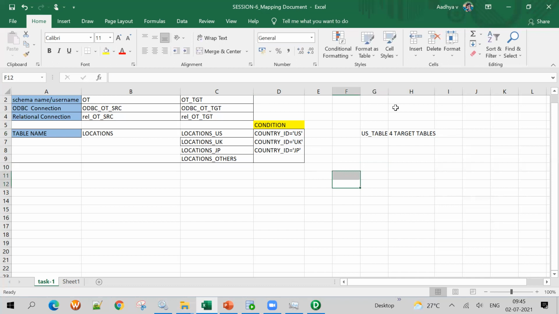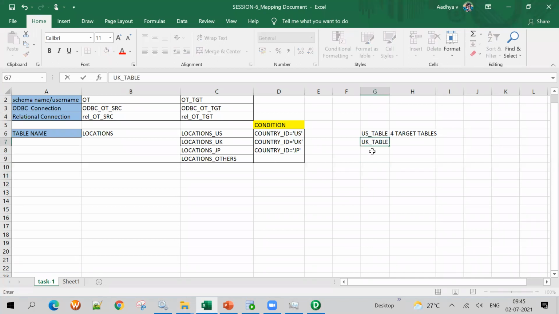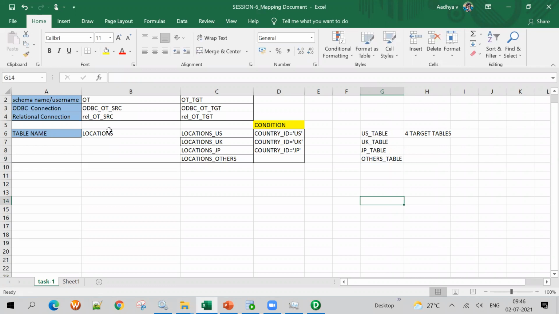And country ID equal to UK, then I want to send to UK table. Country ID equal to JP, I want to send to JP table. And others, other than US, UK, JP, all others should go to others underscore table. So this is my source table locations.